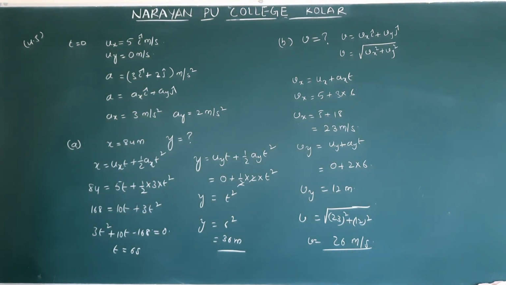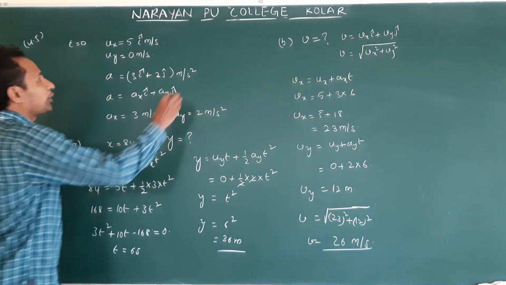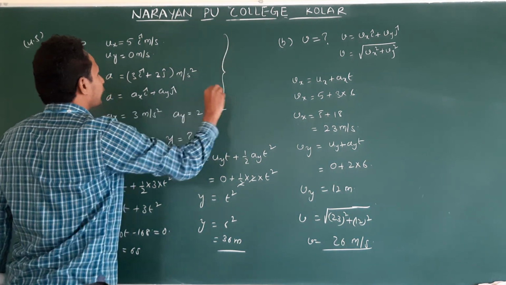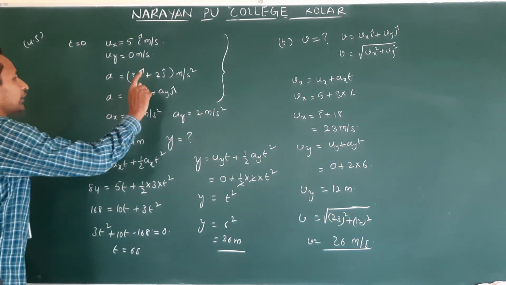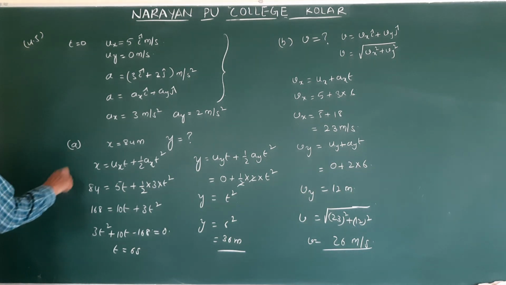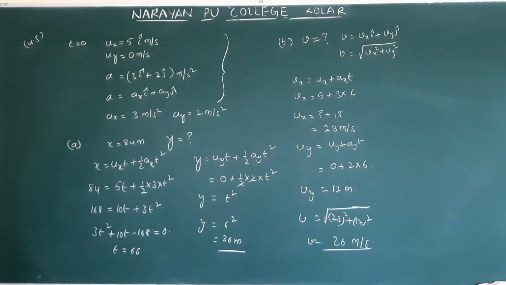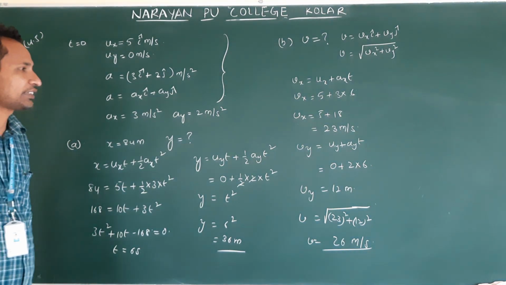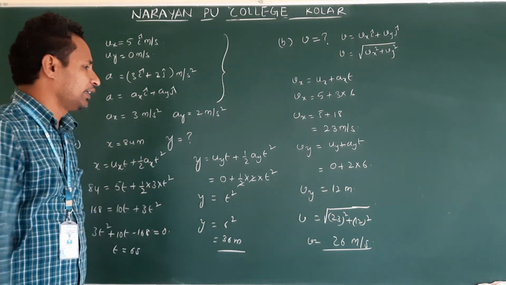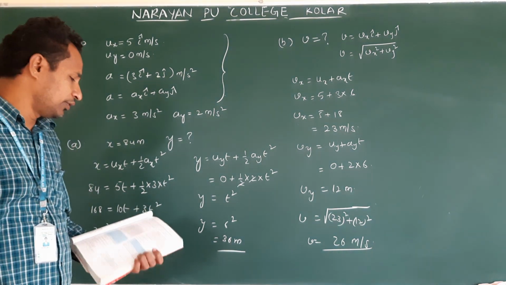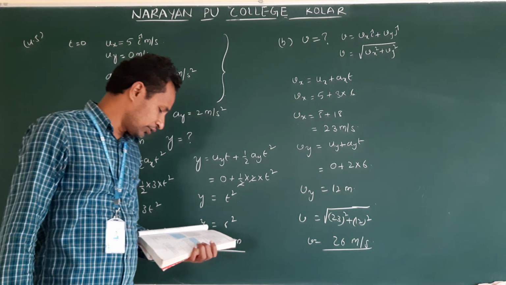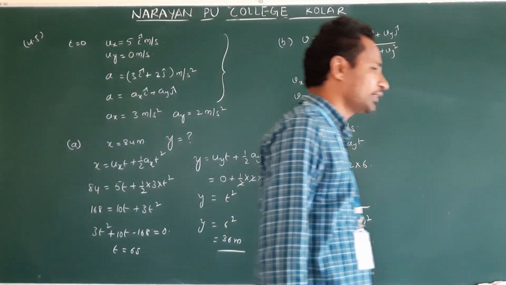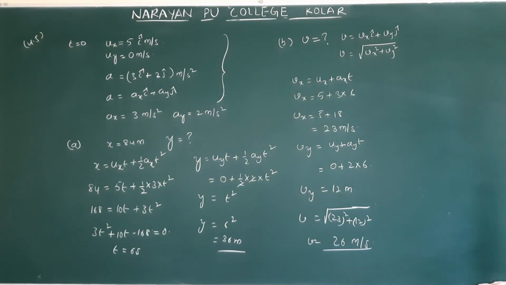So if we have a question where the body moves in two-dimensional motion, and the information is given in vector form, we follow this method. Taking the equations along the x-axis and y-axis, we will find the answer for a given question. Next one, relative velocity in 2 dimensions.